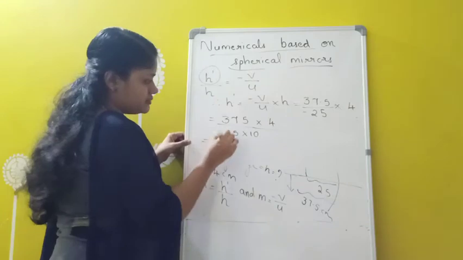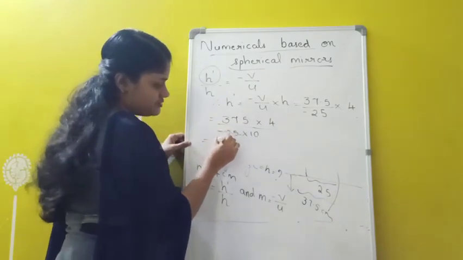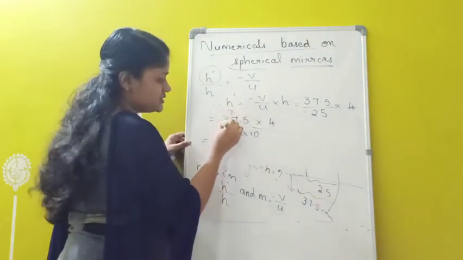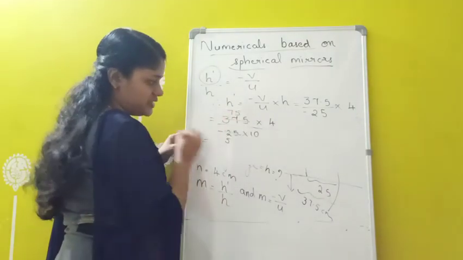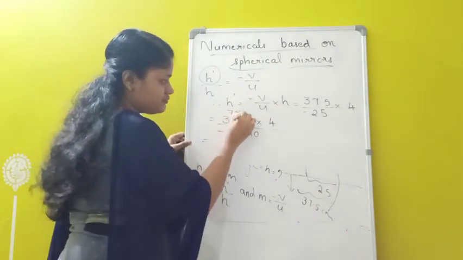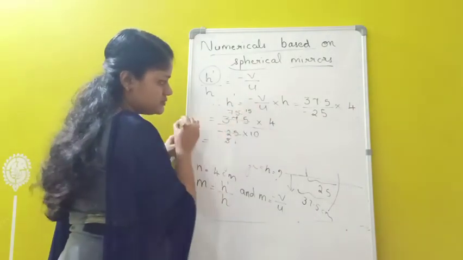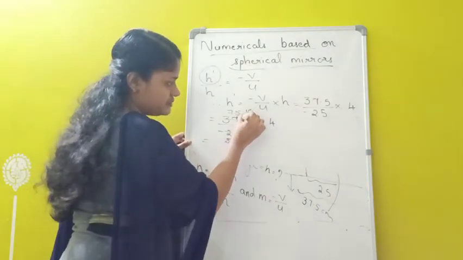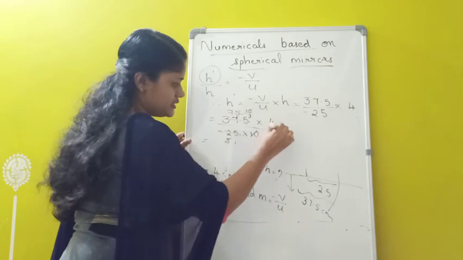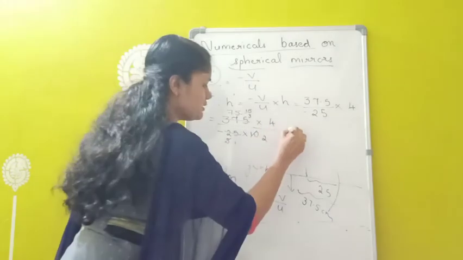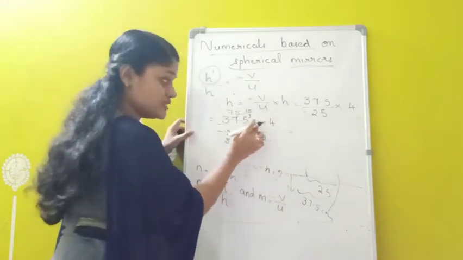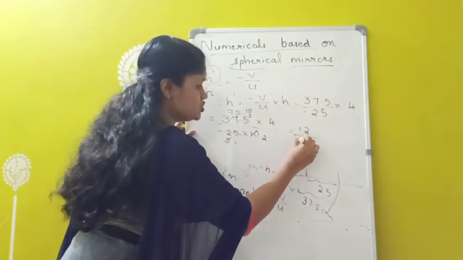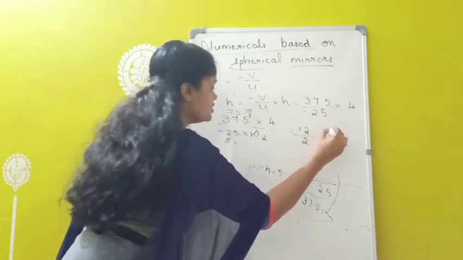Now we can cancel equal terms. Here 5 divided by 5, 5 5s are 25. Then 7 5s are 35. Then again 25, 5 5s are 25. Again we can divide by 5, 1 and 5 5s are 25. Then 15, 3 5s are 15, 2 5s are 10. That is 4 by 2. So 3 into 4 is 12, 12 divided by 2 is 6. So we will be getting 6.